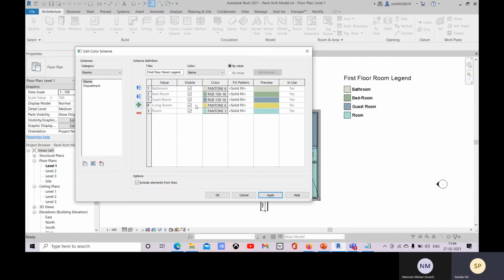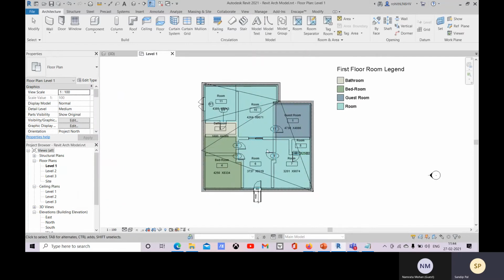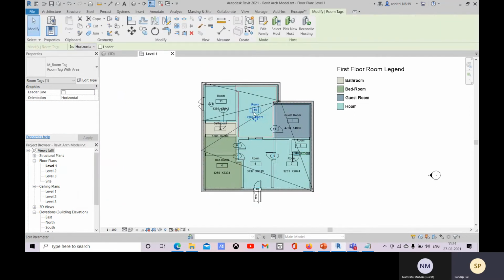As it has not been applied, it is just in this color scheme library, you can say. It is just present in this color scheme list but not applied in your project, so that's why you can delete it.